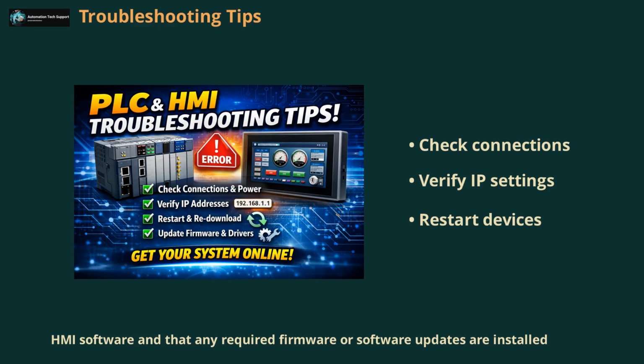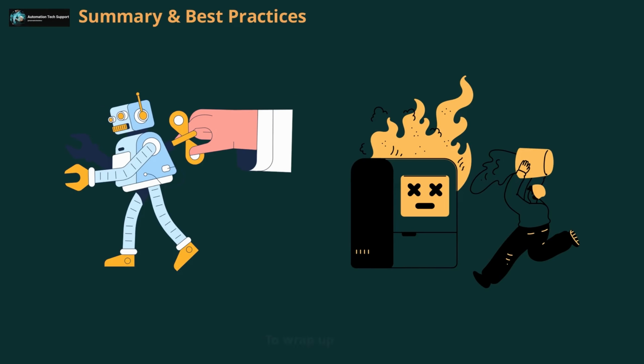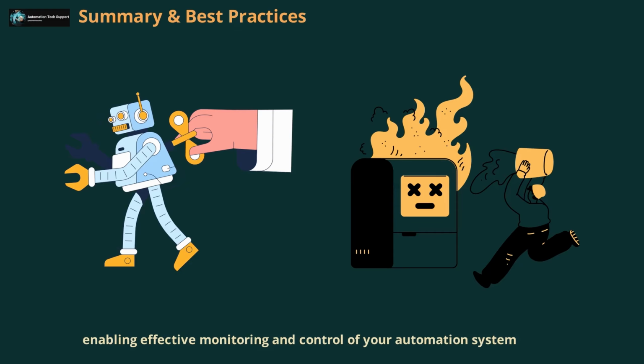Also, make sure that the correct PLC driver is selected in the HMI software and that any required firmware or software updates are installed. To wrap up, connecting a Siemens S7-1200 PLC to WebAccess HMI Designer 2.1 via Ethernet is a straightforward process when you follow the correct steps. Always ensure your network settings are consistent, use static IP addresses for reliability, and double-check all configurations before going live. With these best practices, you'll achieve stable and efficient communication between your PLC and HMI, enabling effective monitoring and control